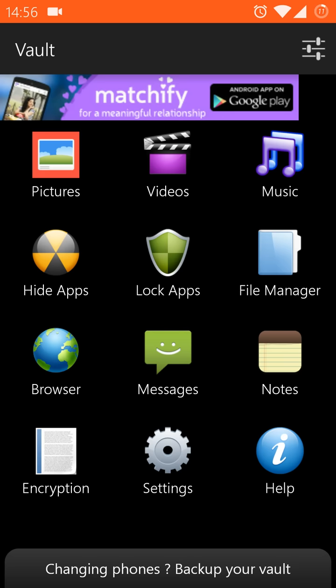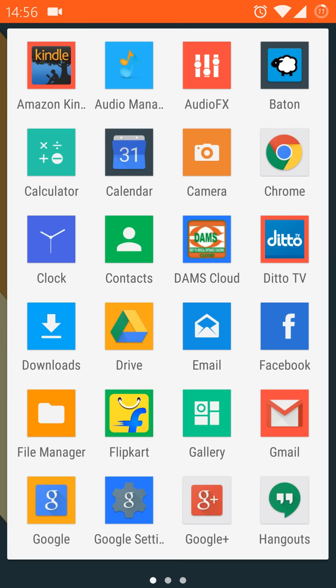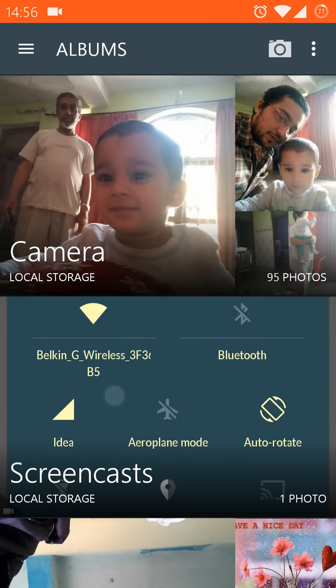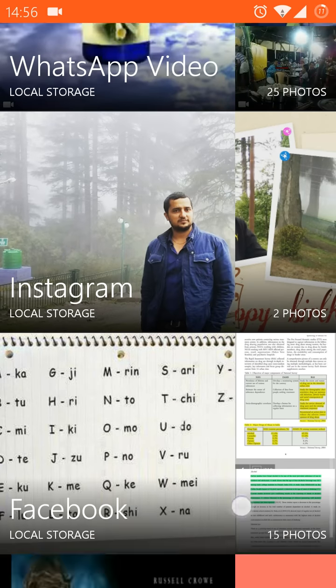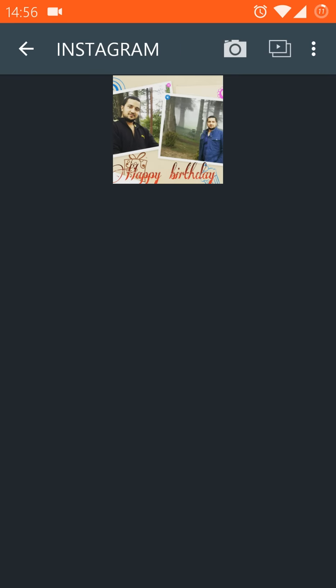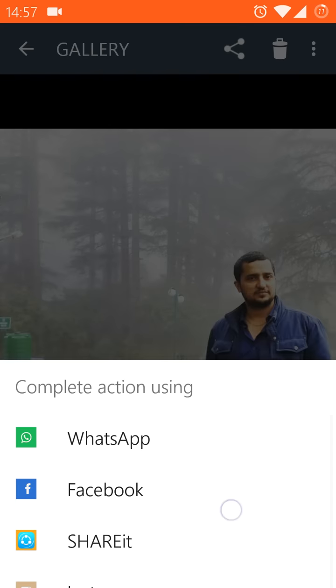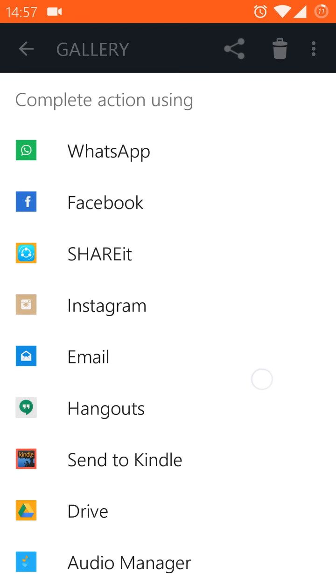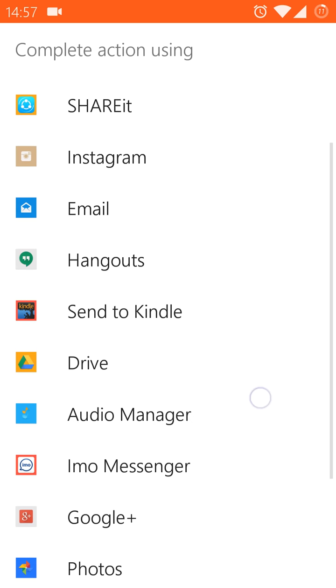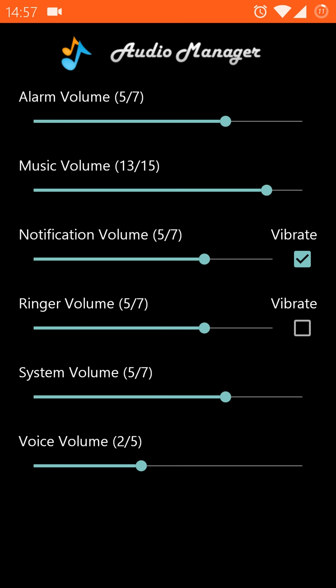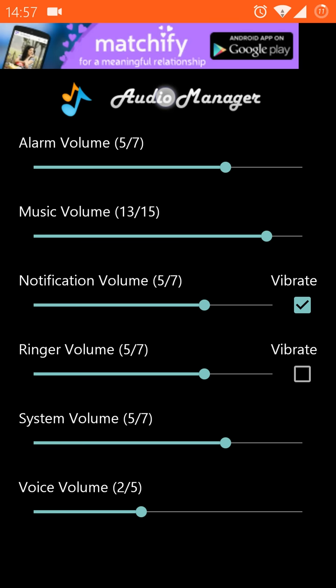Okay friends, so now suppose I have to hide the application or hide the photograph folder, for example this one. Share and see the options. Just send it to audio manager. Tap for 3 seconds.